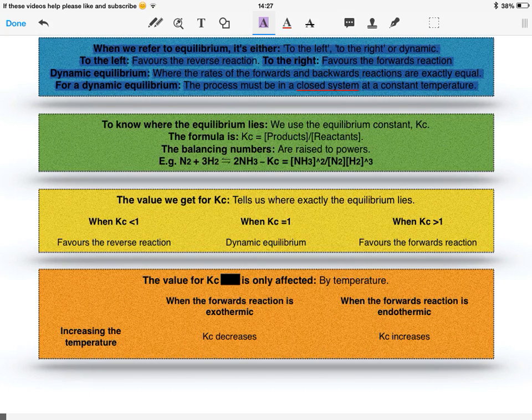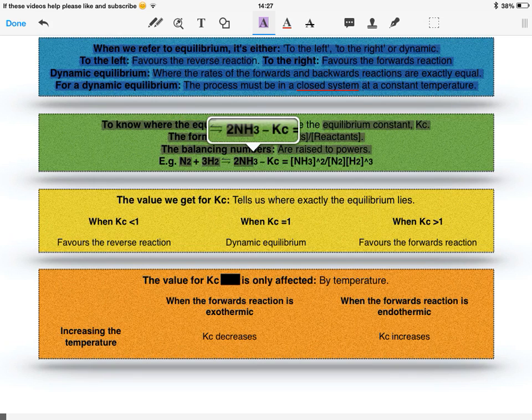So we need to know where the equilibrium lies, and we can find this by using the equilibrium constant Kc. The formula for this is Kc equals the concentration of the products, all divided by the concentration of the reactants. The balancing numbers from the chemical equation will be raised as powers in the Kc equation, and an example is in the manufacture of ammonia, where we have nitrogen, which is 1 mole, plus 3 moles of hydrogen to form